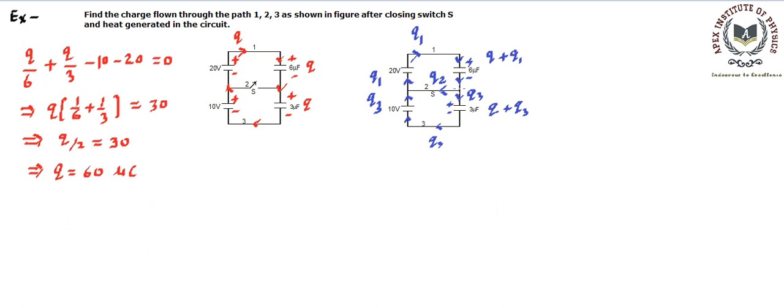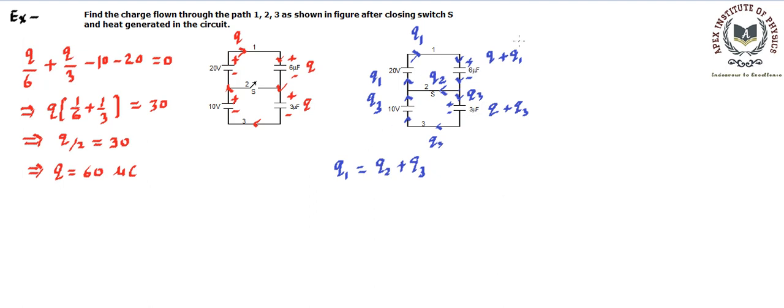Now if we use the junction law at this junction, we will say Q1 charge was coming in, it bifurcated into these two. So the first equation that we are going to receive is Q1 is equal to Q2 plus Q3. That's going to be the first, or you can say Kirchhoff's law, which is talking about the junction law. Then after, we will be using this loop, upper loop and lower loop, and we are going to write the equations for this. So let's write the equation for the upper loop.